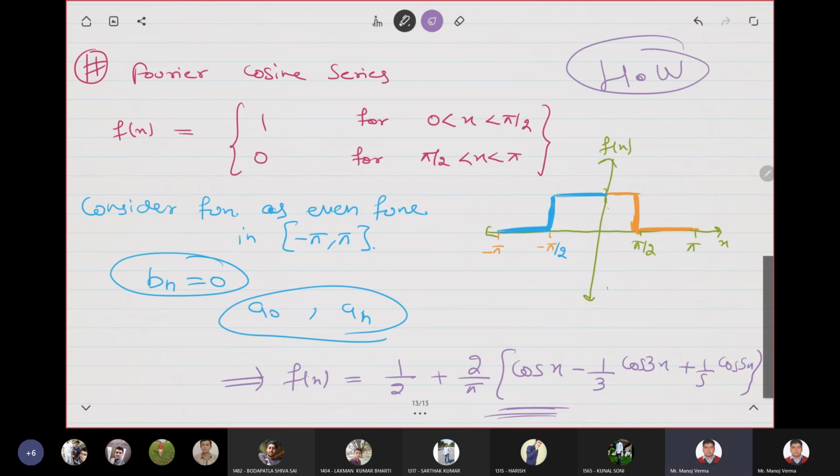So in this manner we can express any function in its Fourier components, either in pure sine terms or in pure cosine terms. If a function is defined in half range, that is 0 to pi, it is up to us how we modify this function as an even function or an odd function, and we can calculate the values of the respective Fourier coefficients to find the required expansion.